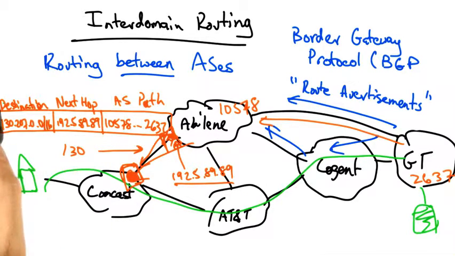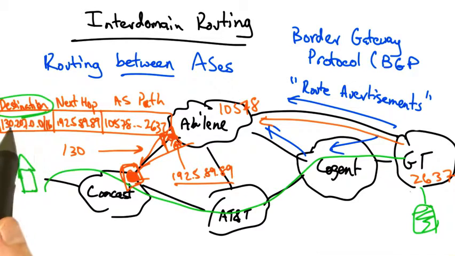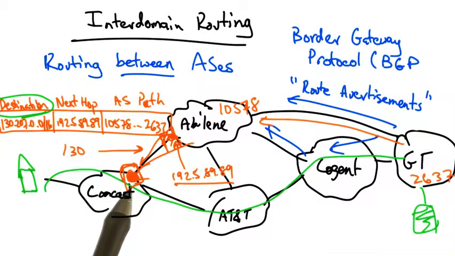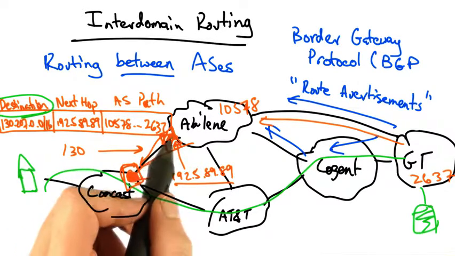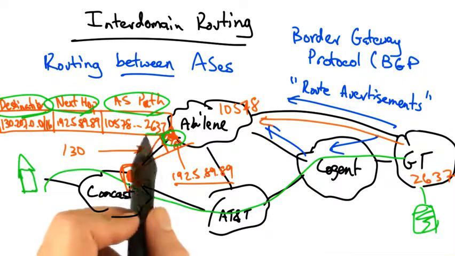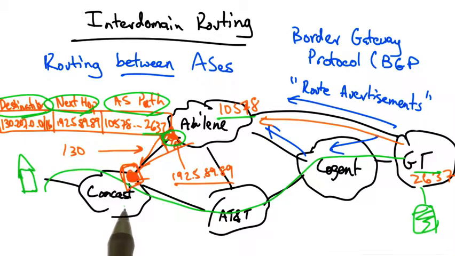So in the remainder of the lesson, we'll look at other BGP route attributes. But these are essentially the three most important because they describe how to stitch together an interdomain path to a global destination. So we have the destination IP prefix for the destination that a router might want to send traffic to, the next hop, which is the IP address for the router for the next hop along the path, and finally the AS path, which is the sequence of ASs that the route traversed en route to the AS that's